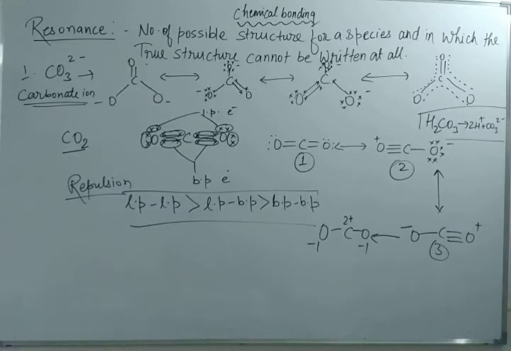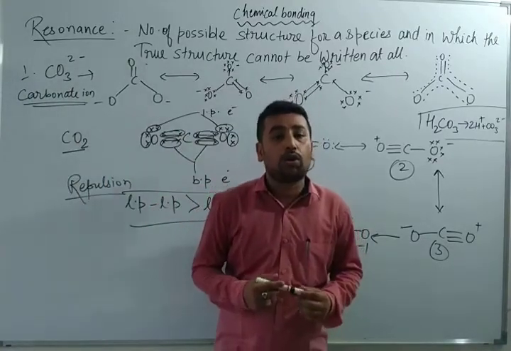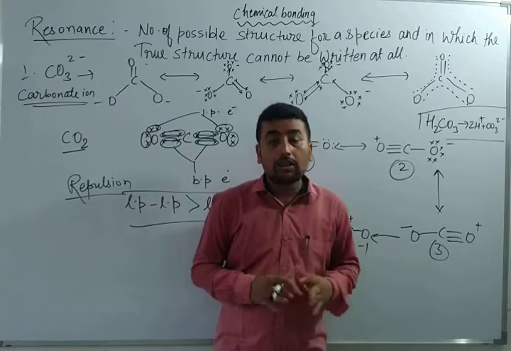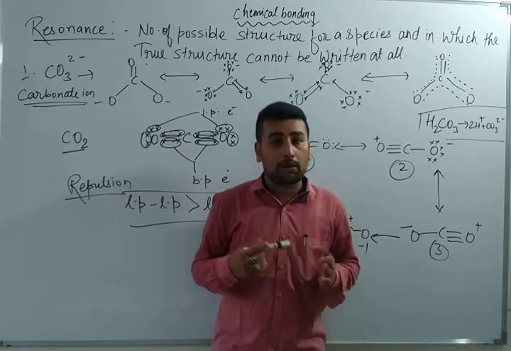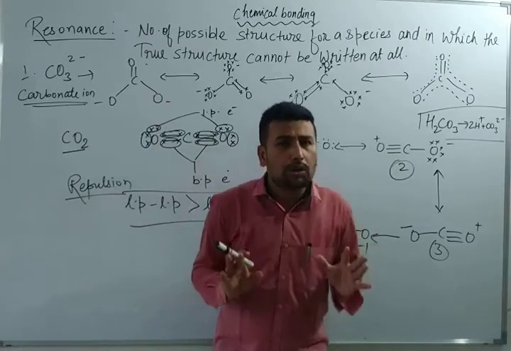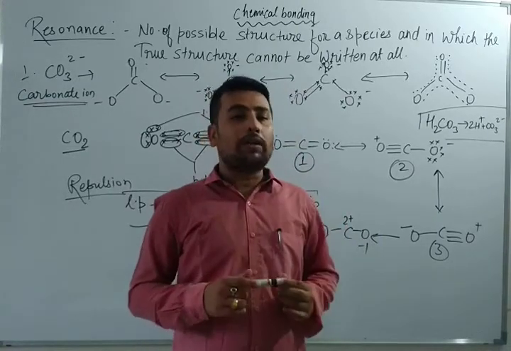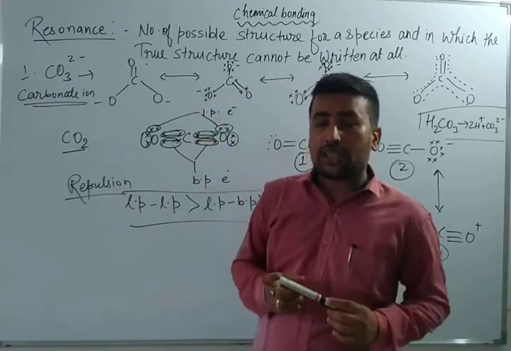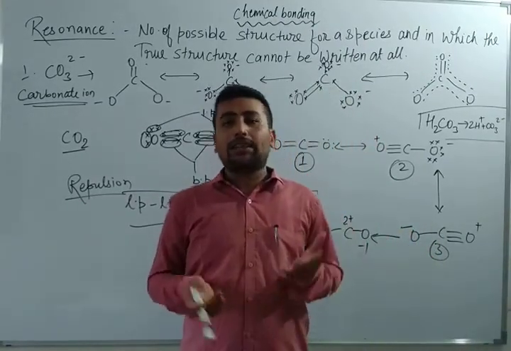Now, after understanding the concept, I will give you some questions related to whatever I have taught you today. I have taught you how to draw Lewis dot structures, how to calculate the number of bonds, the number of shared pair electrons, the number of lone pairs and bond pairs, and after that the formal charge. I hope today was the numerical practice of this chapter, chemical bonding, in which we learned two things: first, Lewis dot structure and formal charge, and second, resonating structure. You have to draw the resonating structures of a few compounds for practice. Then only you will be able to understand.